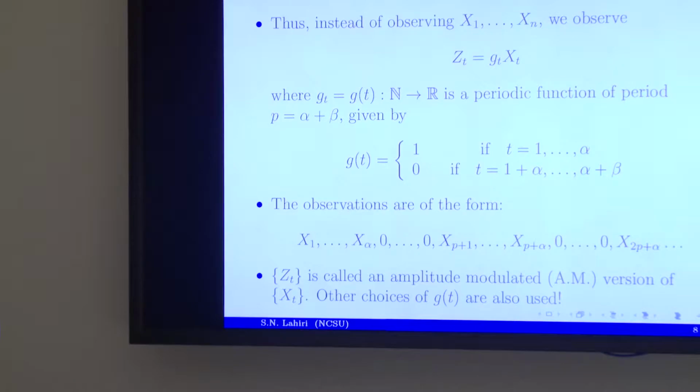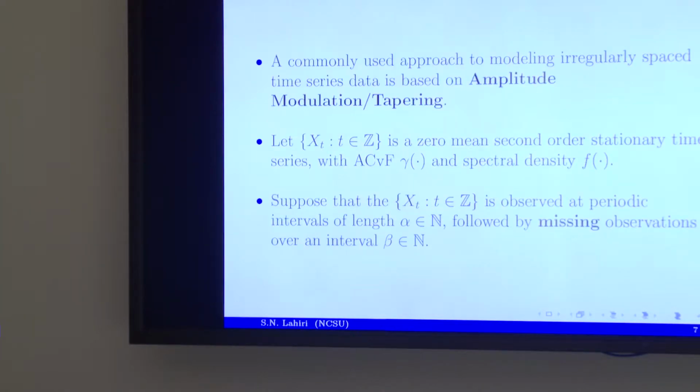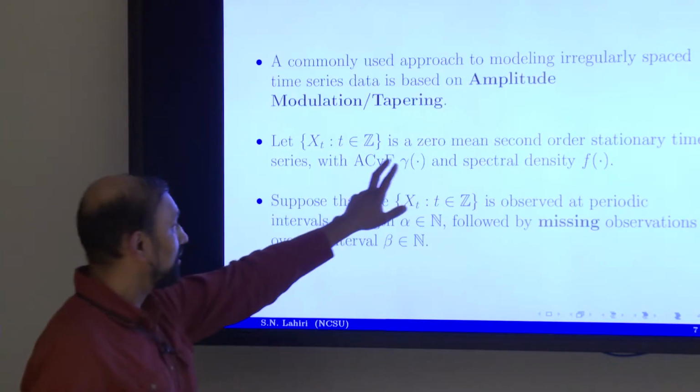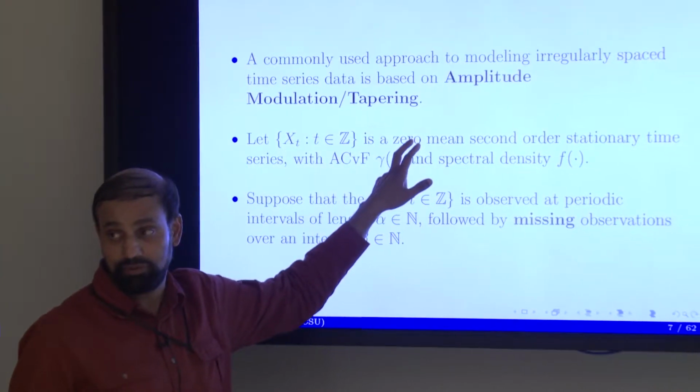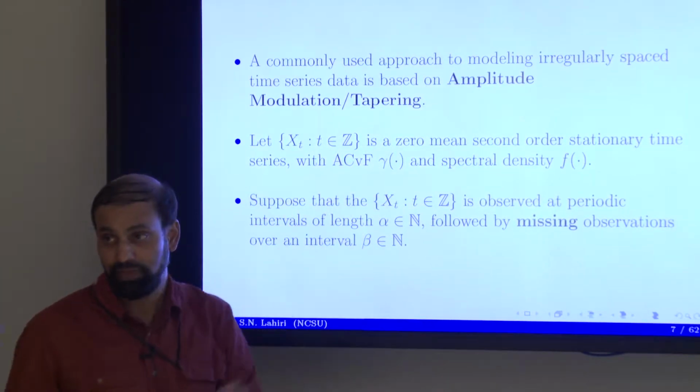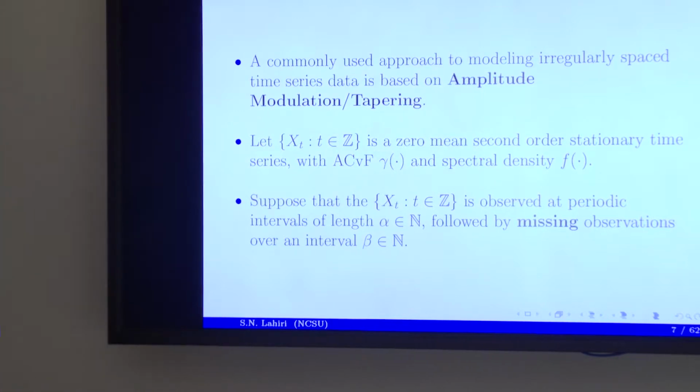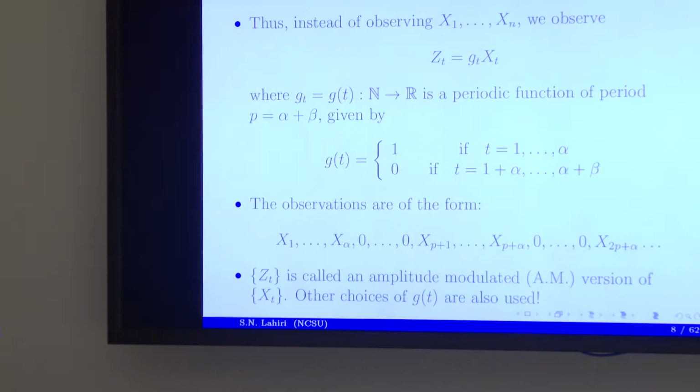Yes, so this is sensible because we are supposing that we have taken care of the mean structure. Otherwise, for arbitrary values, if you set it equal to 0, it's not a good idea. So it's a de-trended series. How you have done it, that's a different issue. But if you have done that and you're trying to learn about the function little f or gamma h, setting them equal to 0 is probably not a bad idea.